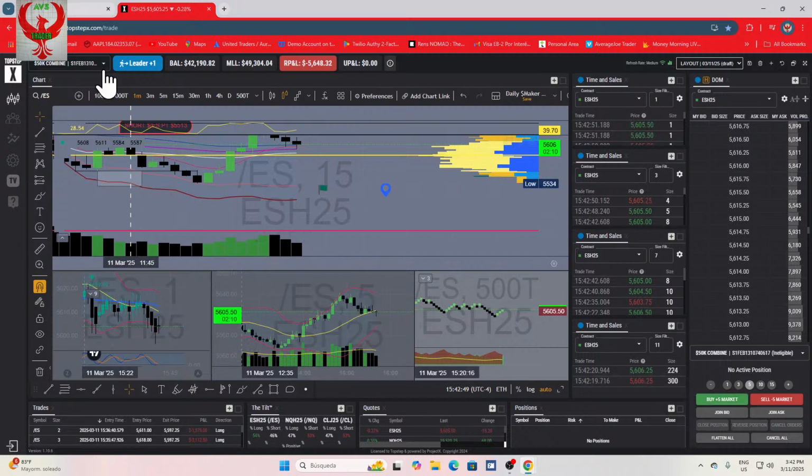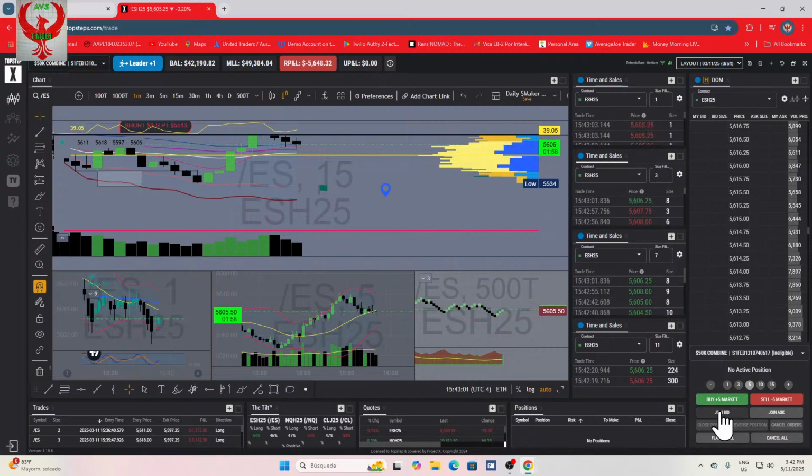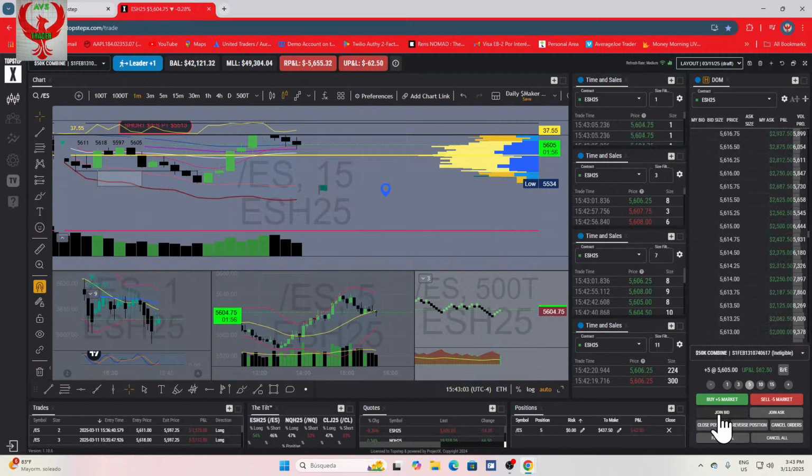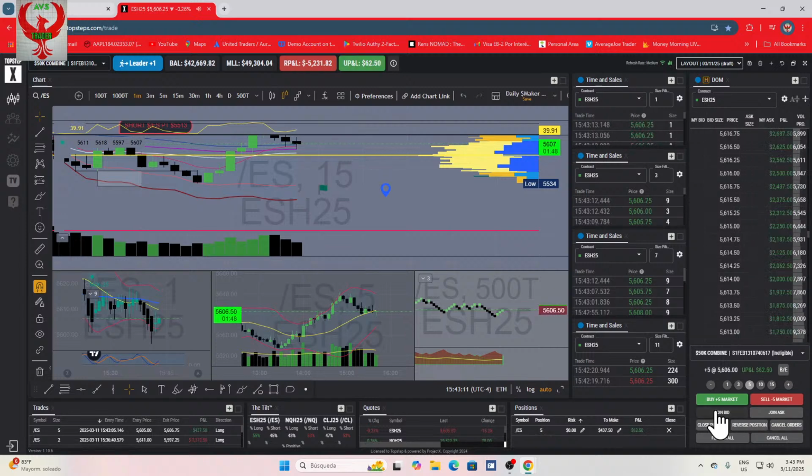Oh, they held the 5600s there for now. 5605. Coming in on 7 minutes till MOC, what's going to happen? Just want to take a targeting order filled high, right around this 5605 area, but the only thing that's keeping me from jumping in is